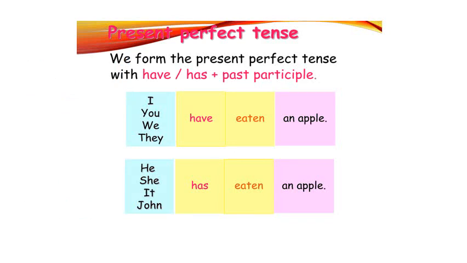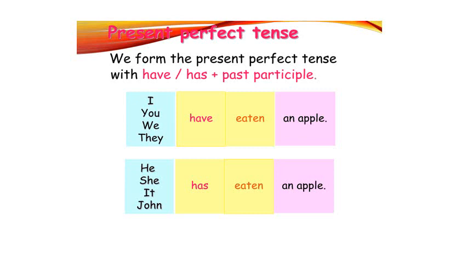Students, here we will see with which subject we can use helping verb has and have. So if the subject will be I, you, we, they, so we will take helping verb have. Or if the subject is plural in number, for that also we will take have, and after that third form of main verb and after object. And if our subject is singular in number, we will take has with that.